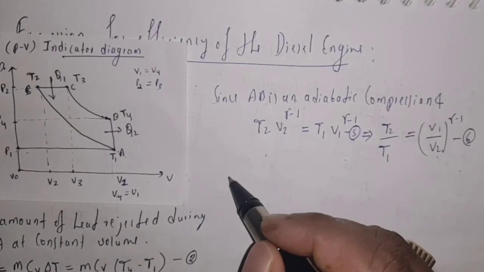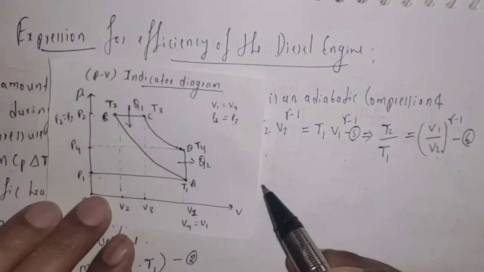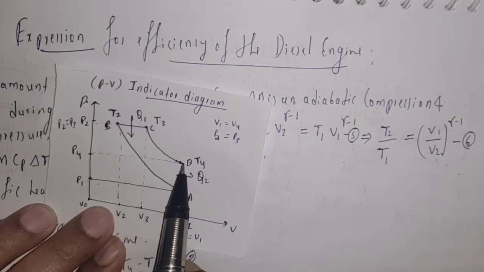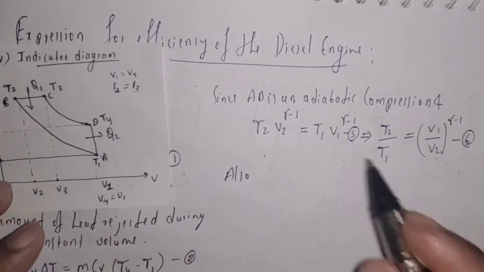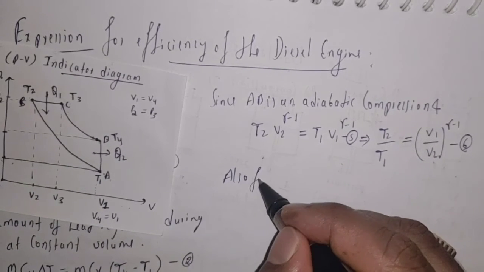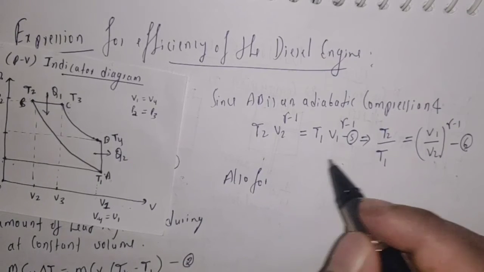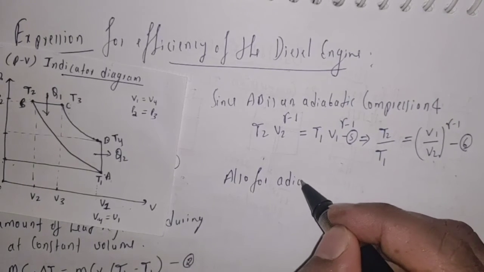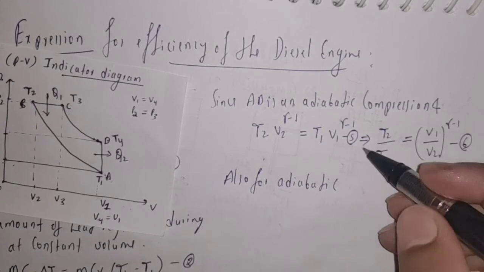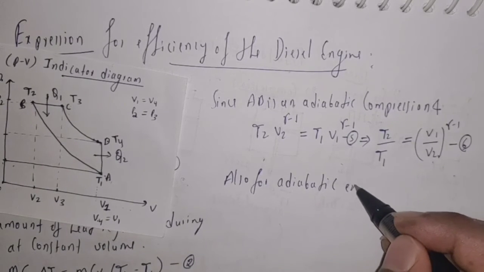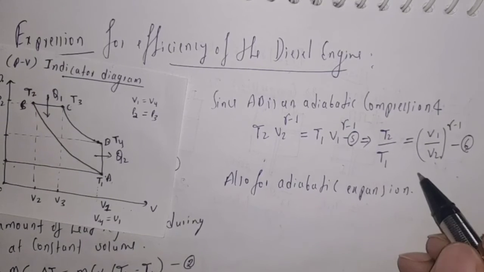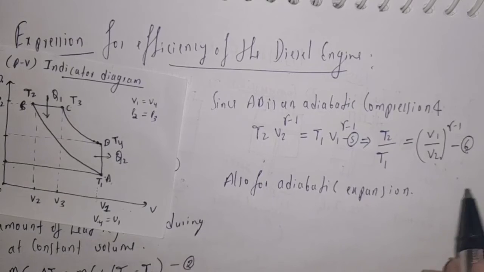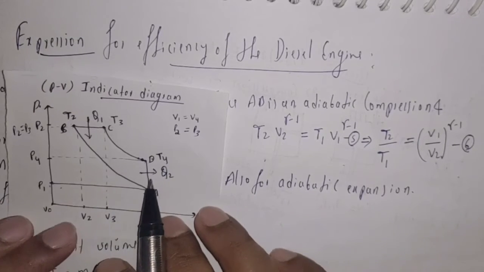And also here in the PV diagram you can see that CD is the adiabatic expansion, and let us write the equation for the adiabatic expansion. We can write this equation as, and for adiabatic expansion